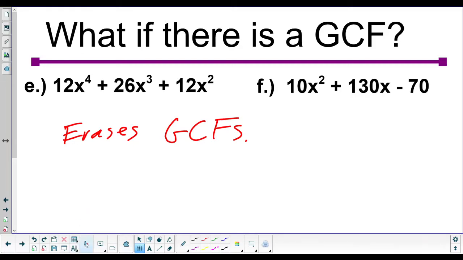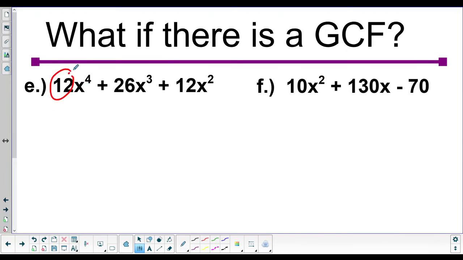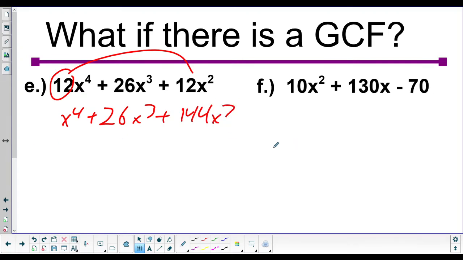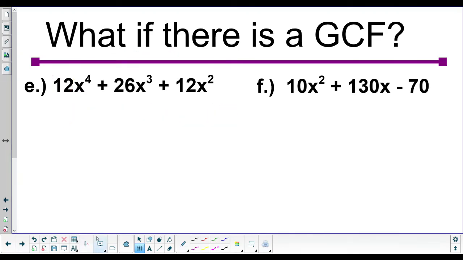Okay? So here, there's a GCF of 2. If you try and do this process, multiply this here, we get x to the 4th plus 26x cubed plus 144x squared, and so on. If you do this process without taking the GCF out first, the GCF gets erased, and then the whole thing